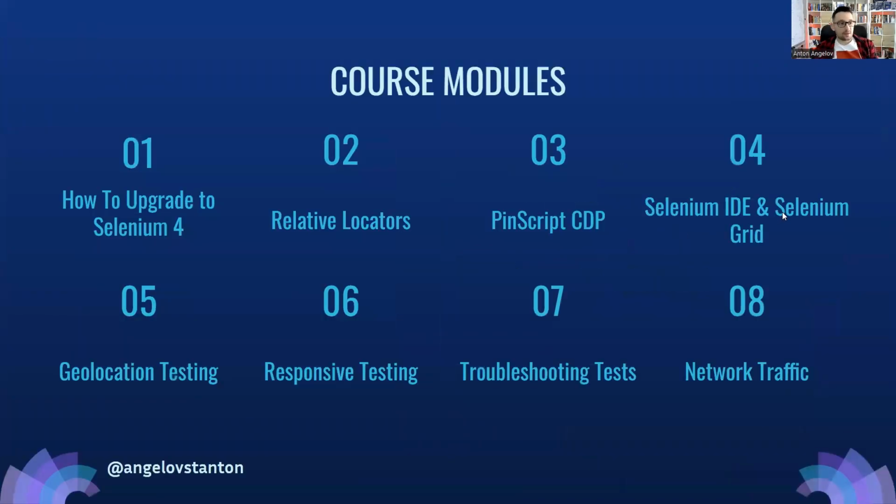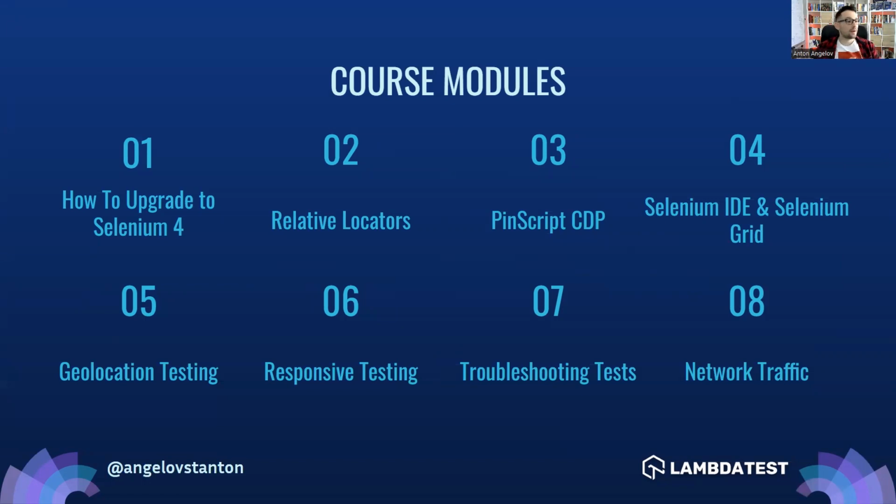Until now, we talked about how you can upgrade from Selenium 3 to Selenium 4. Also, we talked about the relative locators that are part of the new release of Selenium. Then I showed you how you can use the new logic of CDP, or Chrome Developer Tools Protocol, to use the initialization logic for displaying notifications and highlighting elements. Then in short, we talked about Selenium IDE, next generation, and the rewritten Selenium Grid that has many new components,